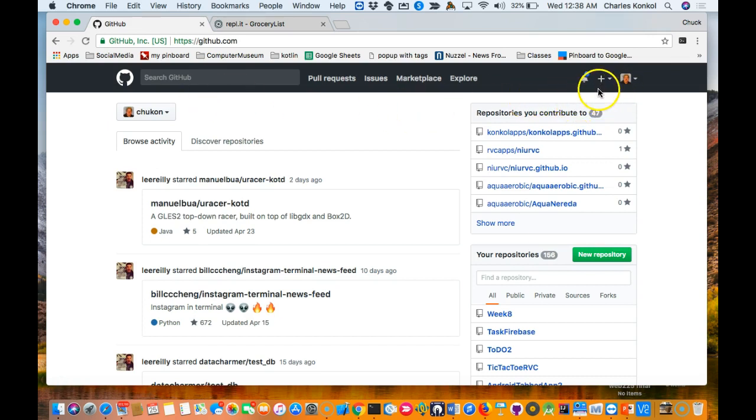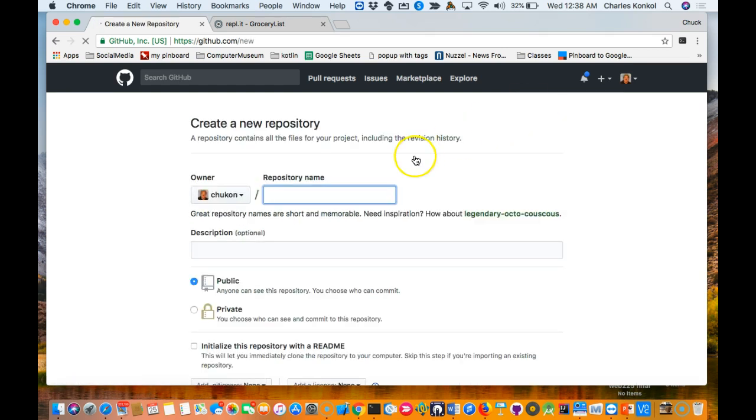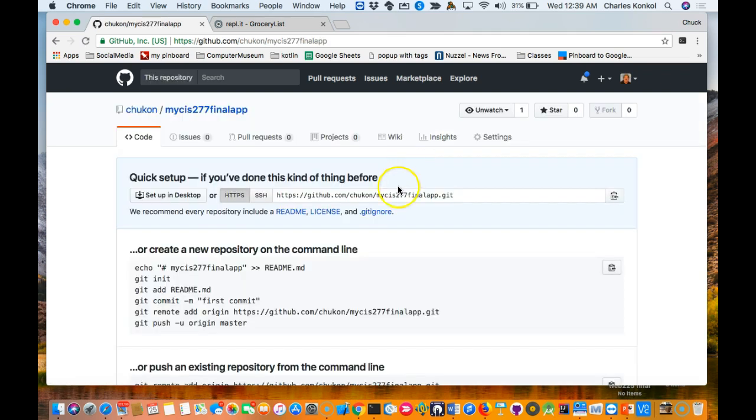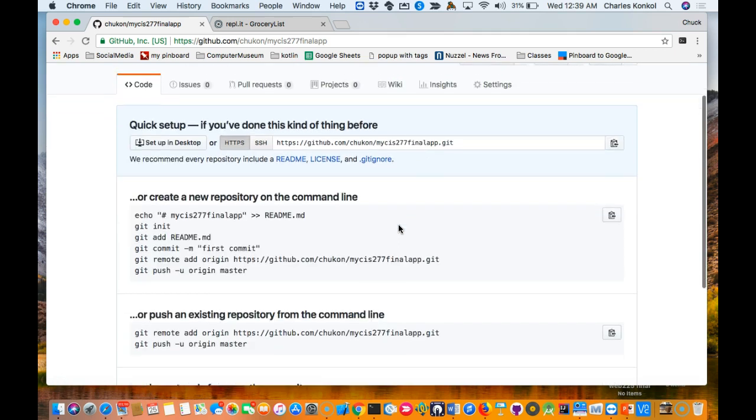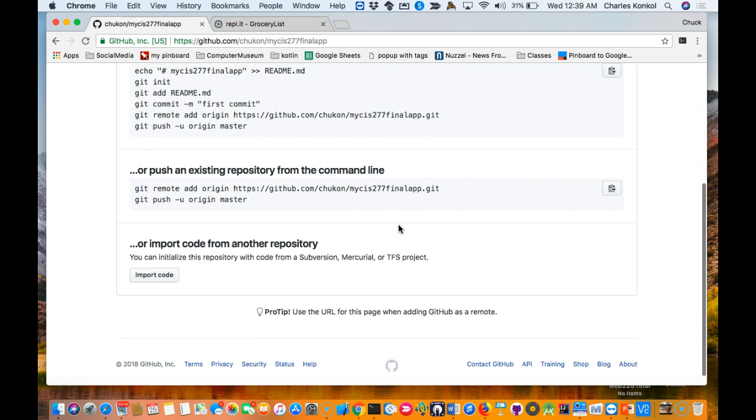So once you log into GitHub, on the right side, once you're in your account, click on the plus symbol, new repository, and I'm going to put in here my CIS 277 final app. Hit enter. It'll ask you if you want to do some more with your